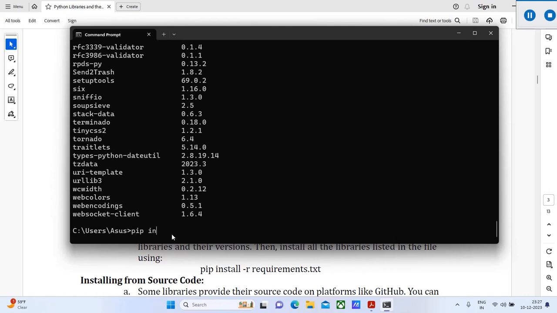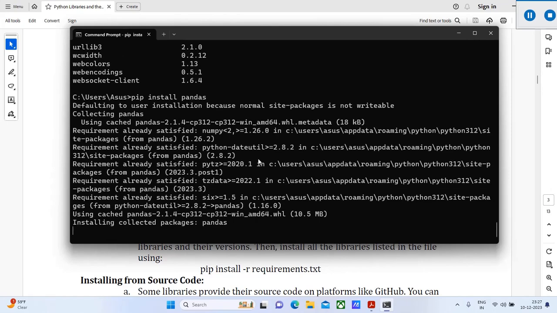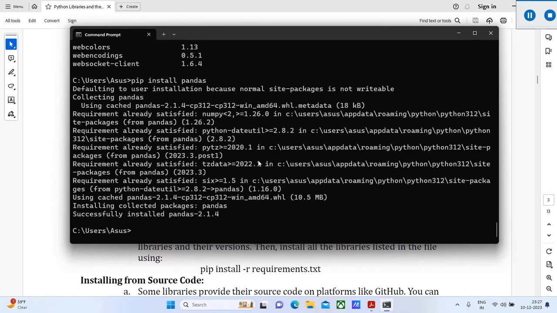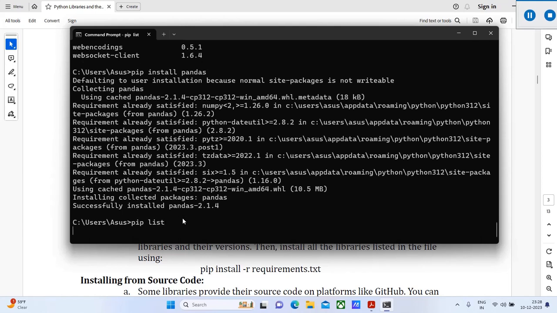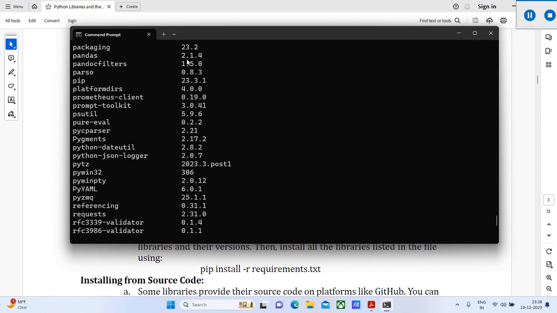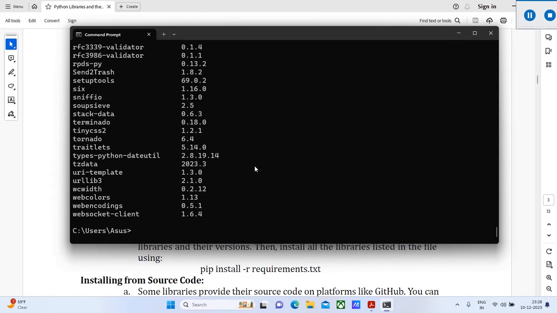Pip install pandas. Pandas is a Python library. It will download the necessary package and install it. So successfully installed pandas. Now if we type pip list, it will show the pandas. Yeah, pandas 2.14 is installed on this system. So we can use the install command to install the Python libraries, and if we want to uninstall this library, we